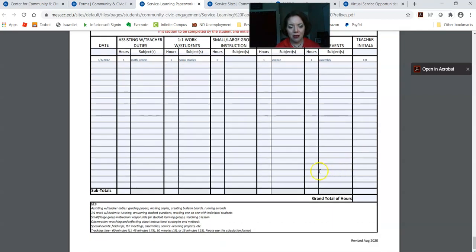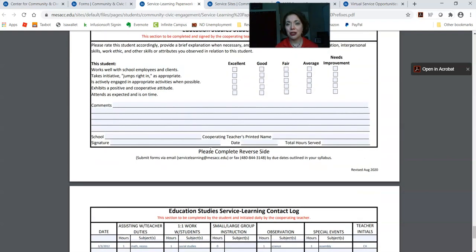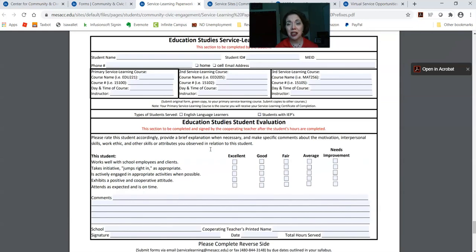Please note at the very bottom, the very last line of the instructions on this key tells you how to document your hours. It is so important for your math and my math sanity that you do it this way. So please read that. So let's talk about agencies you can do your service at,